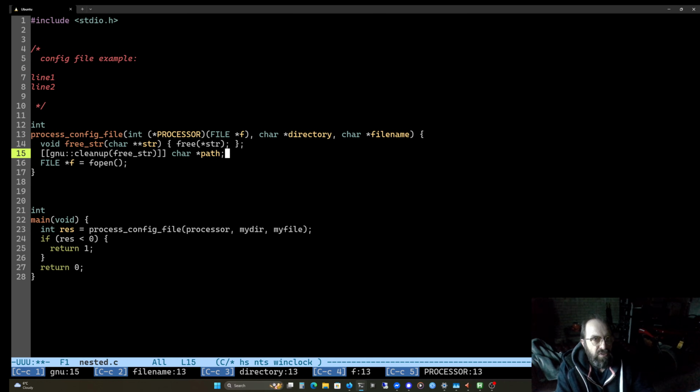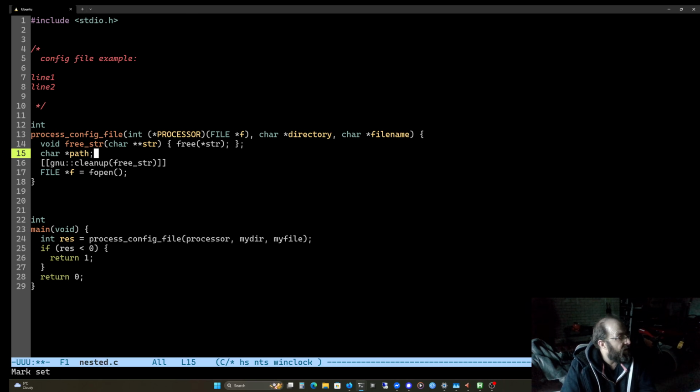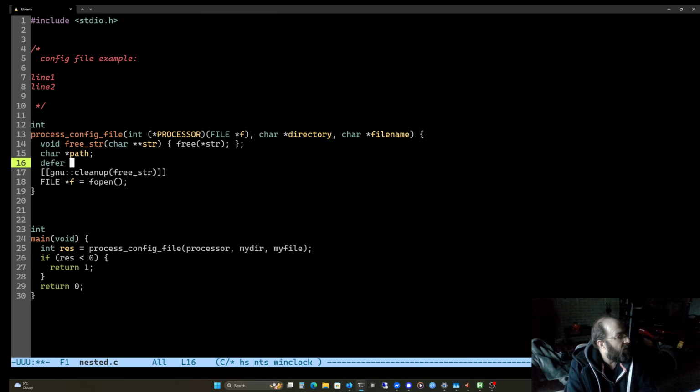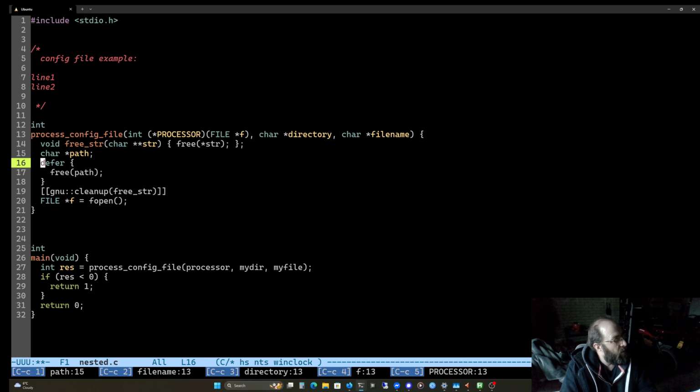Now, just at this point, before I allocate the memory, I want to talk quickly about another thing coming, which is defer. If we had defer, we'd be able to do this. This is coming in the new standard. So we wouldn't need this, and we wouldn't need this.